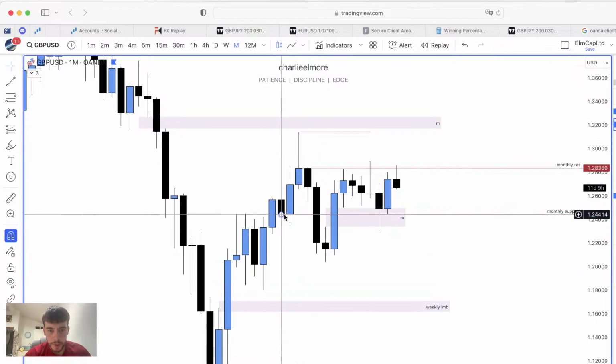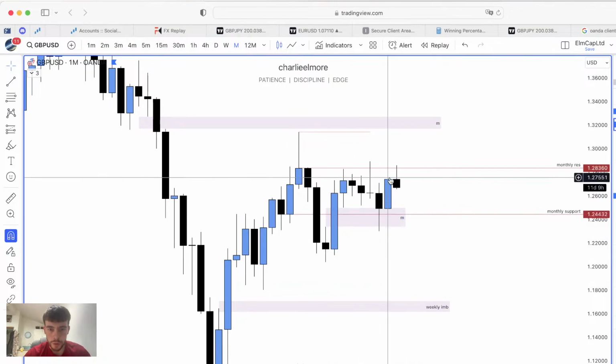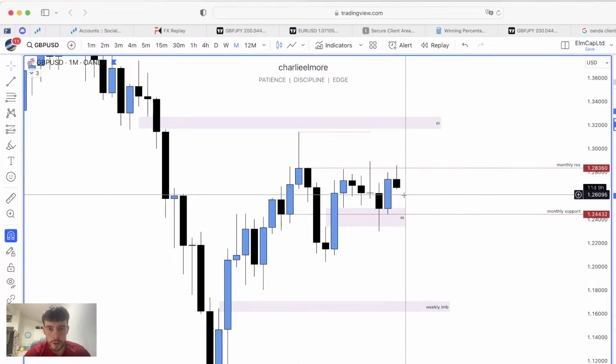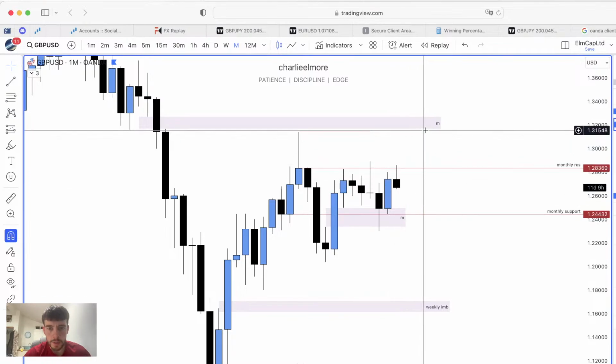We came into this monthly support, 2 bodies, bringing it through. Price respected that, which was also sitting inside this monthly imbalance, which price also respected. And we've had a bullish month coming off the bottom of that. Price has then done what? It's spiked into this area here. So 2 bodies, the close, the open of these candles. Price reacted from it once, twice. This could just be a short-term pullback before another expansion to the upside.